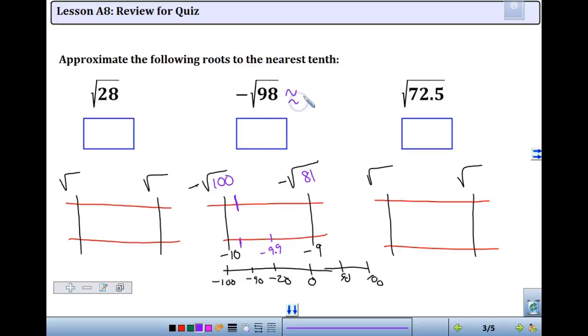Approximately, all right, negative 9.9 probably, right? If I found the halfway point between negative 9 and negative 10, that'd be negative 9.5. That's what we talked about doing before. That's going to be the square root of taking 181 and dividing it by 2. Adding 100 plus 81 is 181. 181 divided by 2 is 90.5,